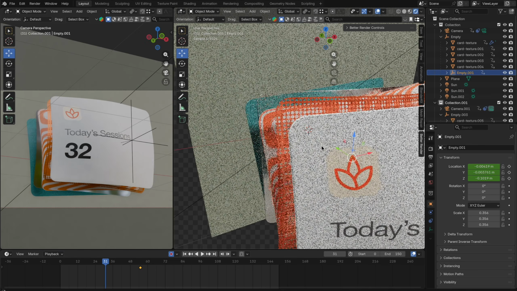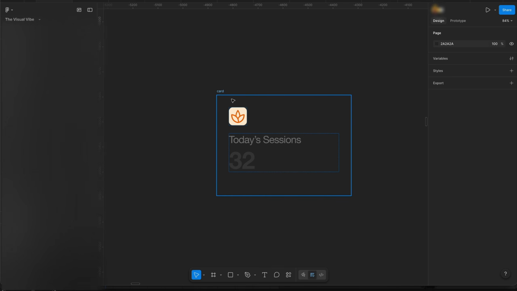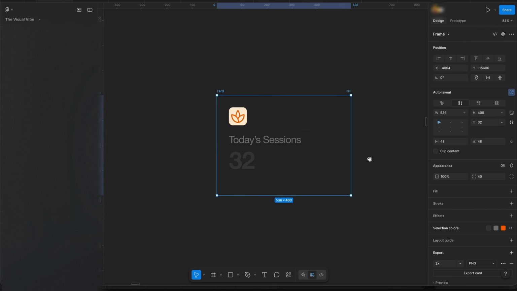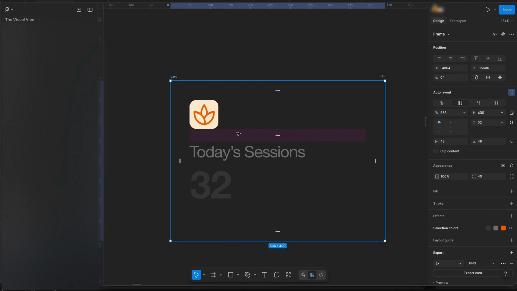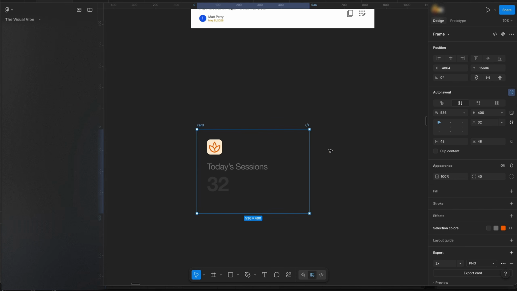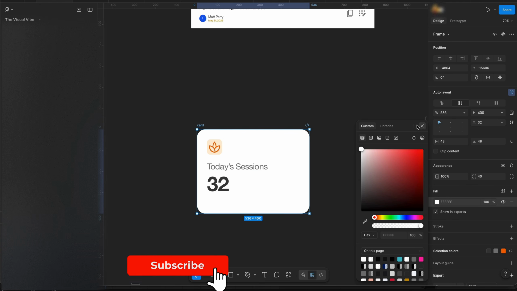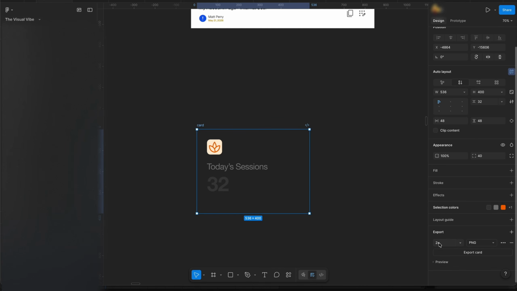So this is my scene, and before we start I'll show you that I already created the card in Figma. It's pretty simple. I have some kind of icon here, the title and the number. The card itself is empty, so there is no fill. Of course you can add it if you want to, but for me it's much easier to use the PNG file. So the real size is 536 to 400, so I will export in 2 times. Right here you can see export the card,